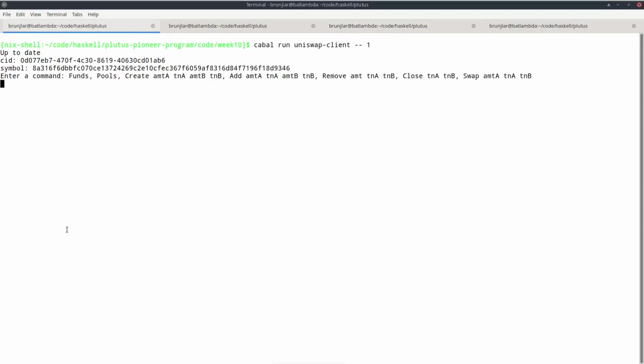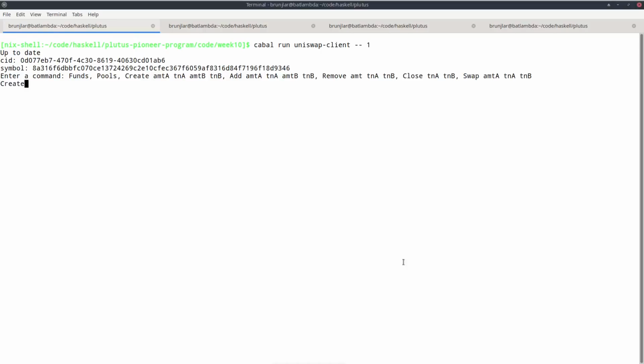So let's switch to wallet 1. Let's say this is Alice, Bob is 2, and Charlie is 3. And in the diagrams we started with Alice setting up a liquidity pool for tokens A and B, 1,000 and 2,000.